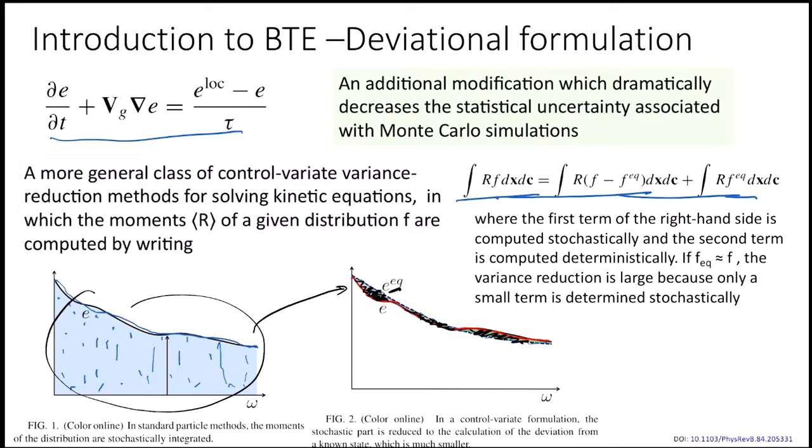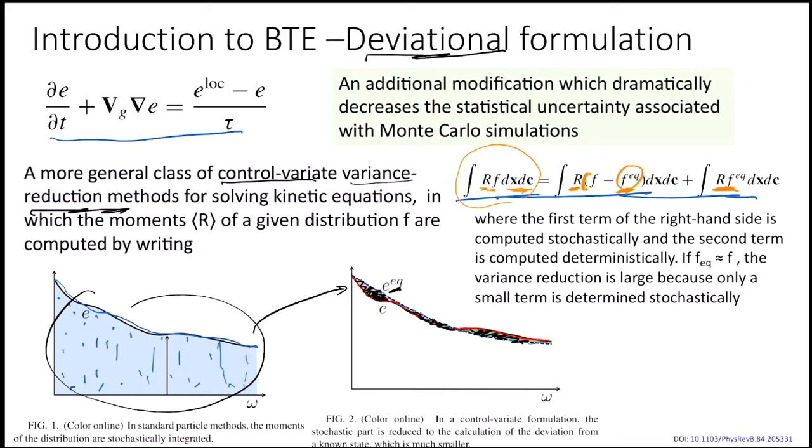So that's what we call the control variate variance reduction method, or the deviational formulation. Let's say we have to calculate any moment of a certain function, this f or e, whatever that function is. Here we are taking f. So r times f times dx dc. Instead of solving for this moment directly, we take r and subtract from f this equilibrium distribution, f minus f equilibrium. And because we have subtracted this part, we have to add this term again, r